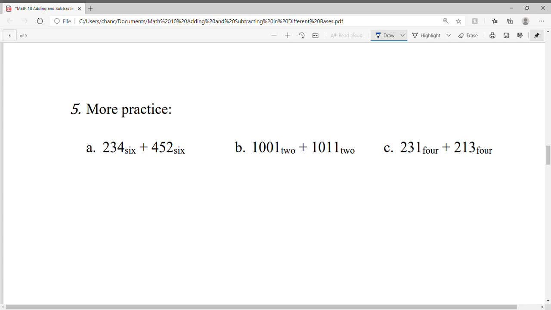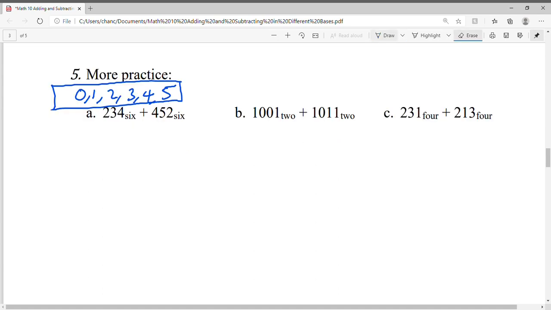Hopefully you have done the problems. Now let's go over the answer. For part A, this is base 6, so the symbols are 0, 1, 2, 3, 4, 5. We are adding base 6, so let's put 234 base 6 on top and 452 base 6